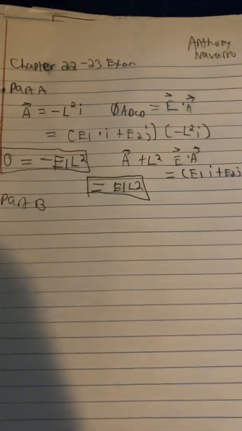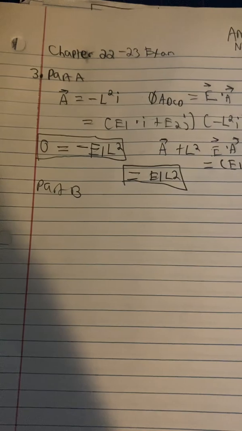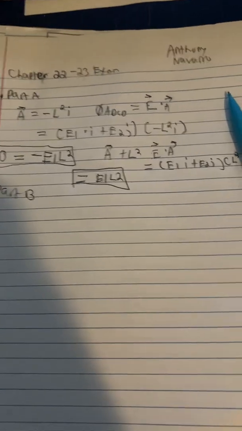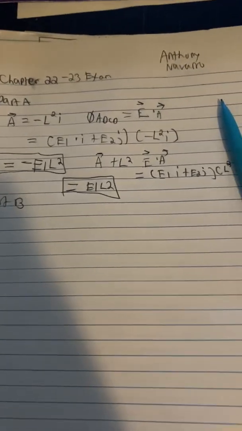Part B asks, calculate the electric flux through the cube face in the plane y equals 0 and the cube face in the plane y equals L. For each face, the normal points out of the cube. So we want to find y equals 0 and y equals L. So for this one we do